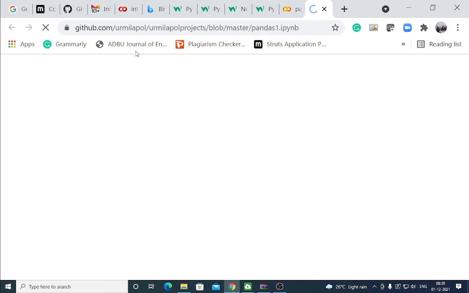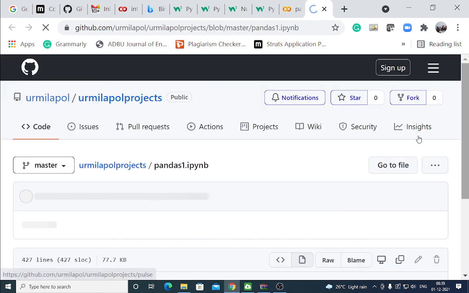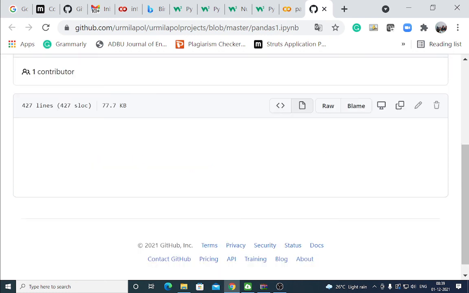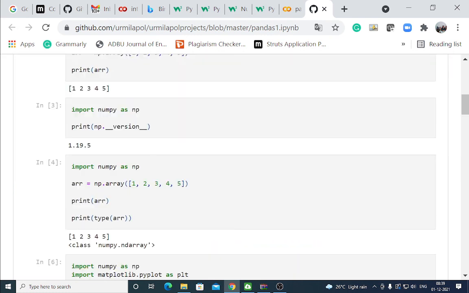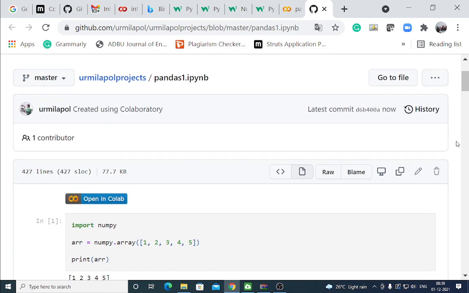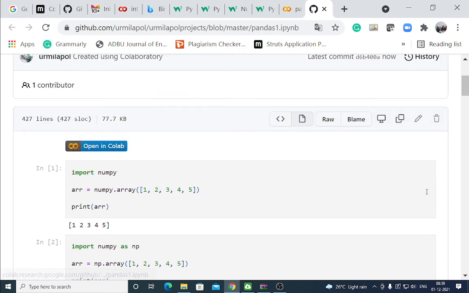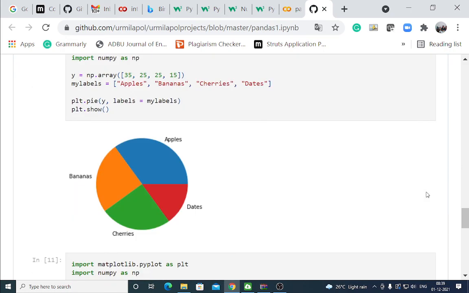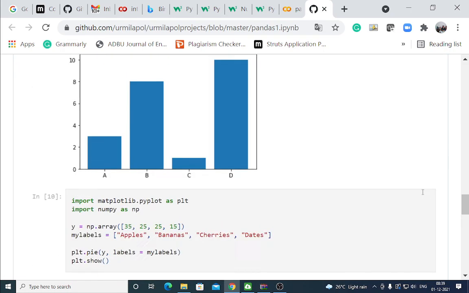It will show my account on GitHub. It stores this file. You can directly open it in Colab from this GitHub and it stores all this code permanently.